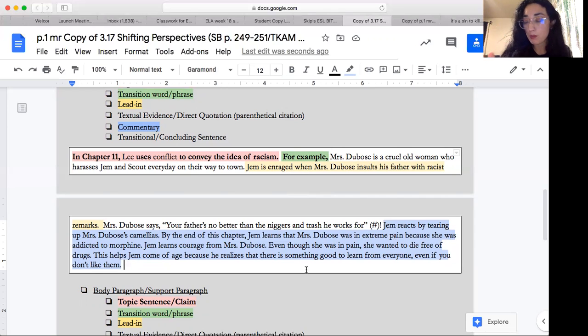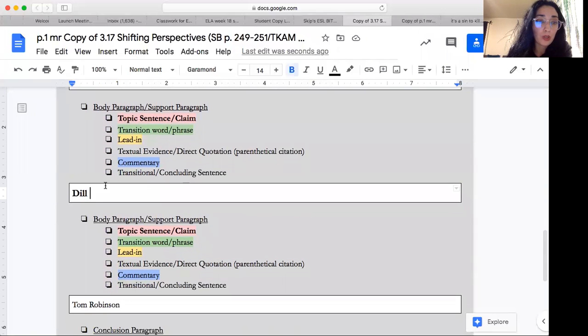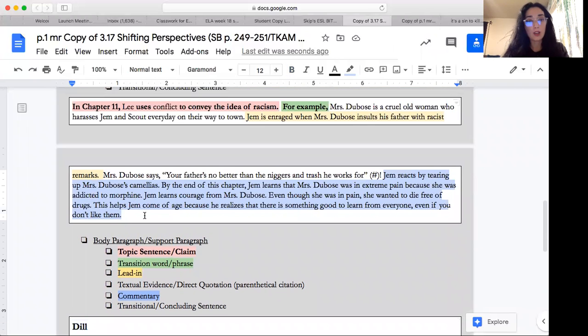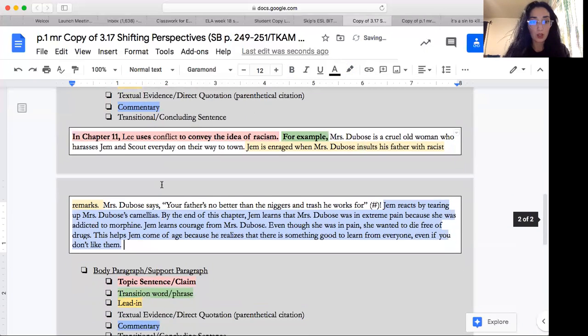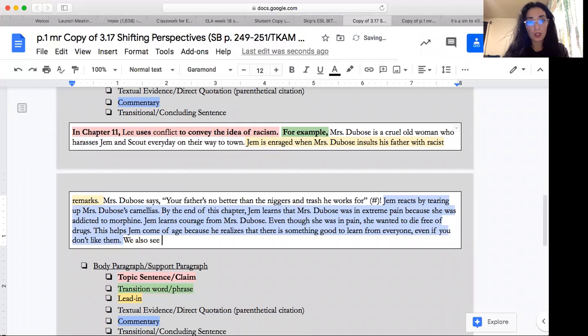Remember, no two people read a book the exact same way. Okay, and then finally, I need a transition or concluding sentence. I really like transitions because they give you a clue of what's going to come up next. So I remember I want to talk about Dill in my next paragraph. So I'm going to say, we also see, wait, let me take this off because this isn't commentary anymore. This is transition. We also see this